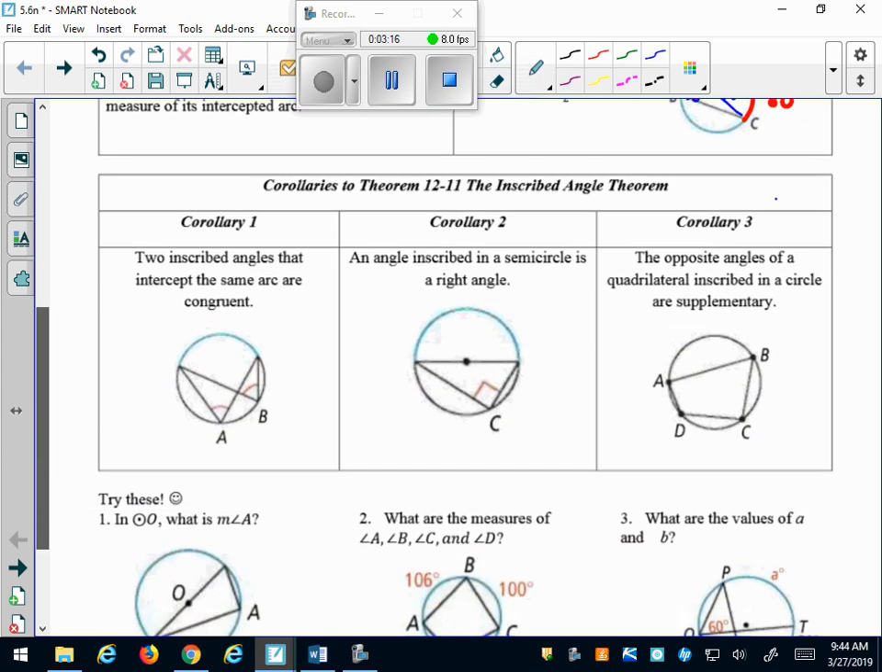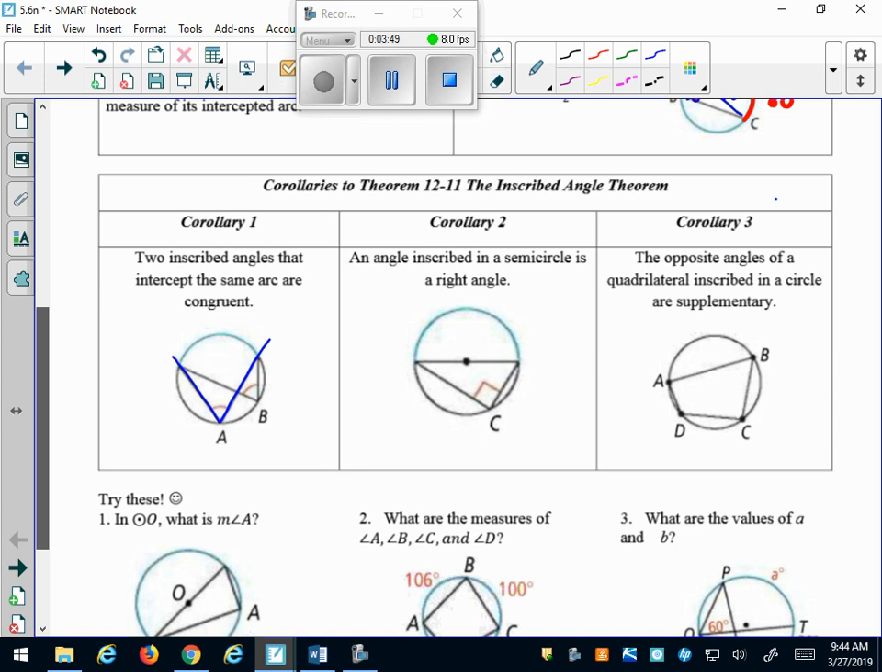Okay, so what does all that mean? That means that a whole bunch of special things happen. And so this lesson is really that one concept. But we can see what that concept creates in these other corollaries. So this one says, if two inscribed angles in a circle intercept the same arc, so in other words, this angle,